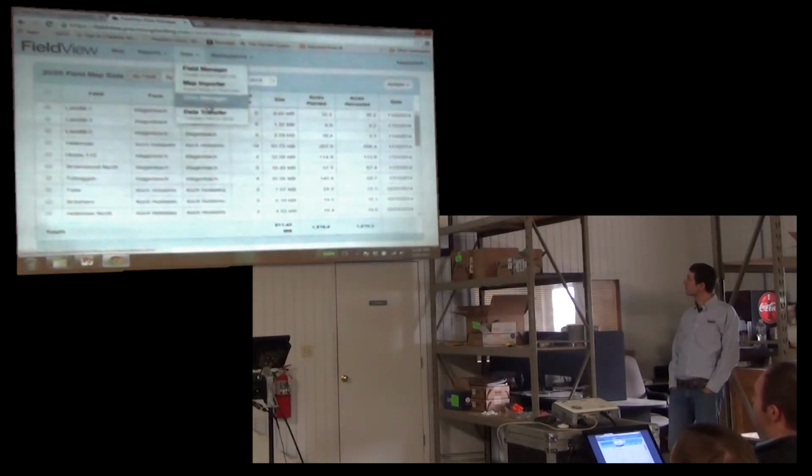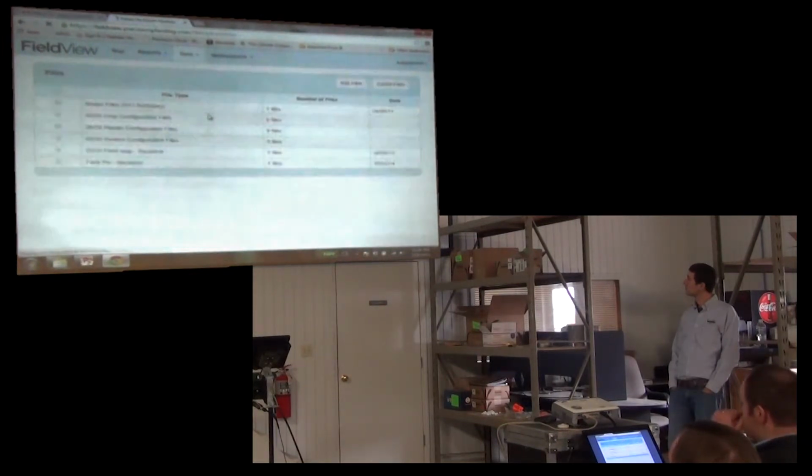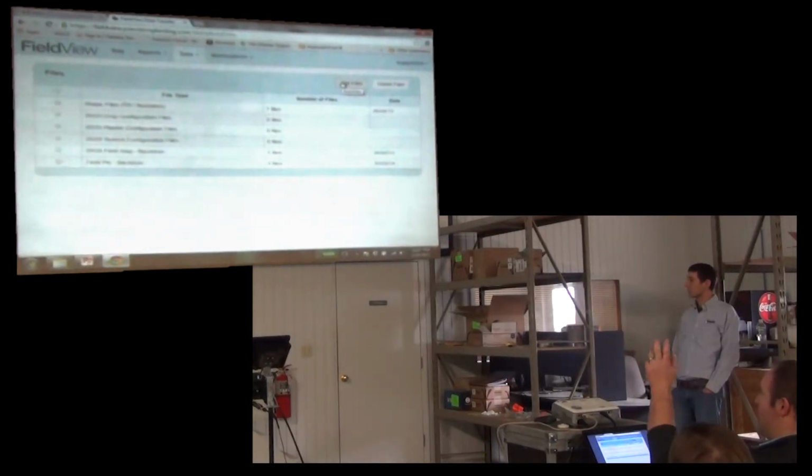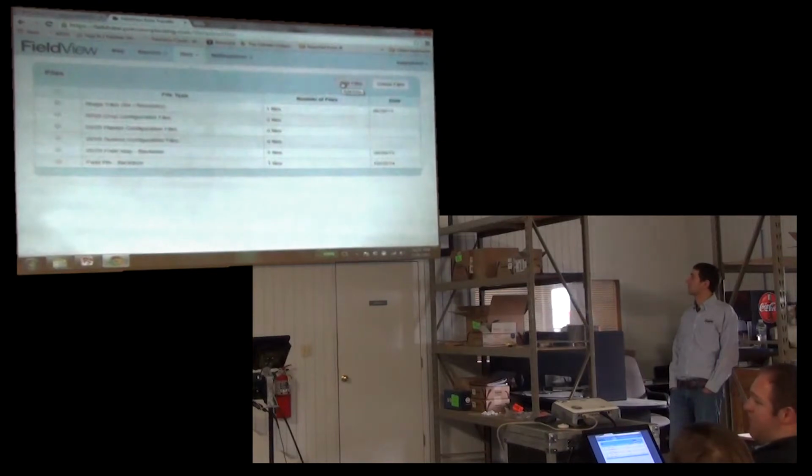Also under Data, there's a Data Transfer button. You can go to Add Files. Here, if I have prescriptions or boundaries that I have saved on my computer that somebody emailed me, or I made with desktop software, or whatever it might be, I can upload them here. They'll sync up to the cloud, sync down to my iPad app, and transfer into the 2020 for control of variable rate or